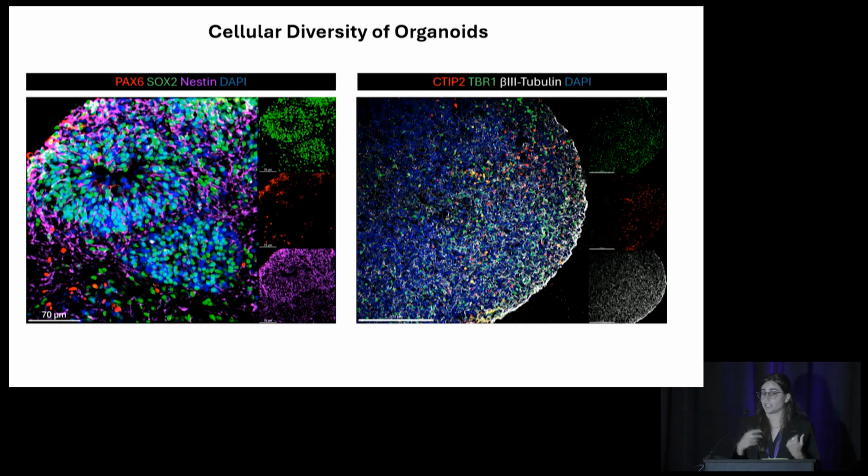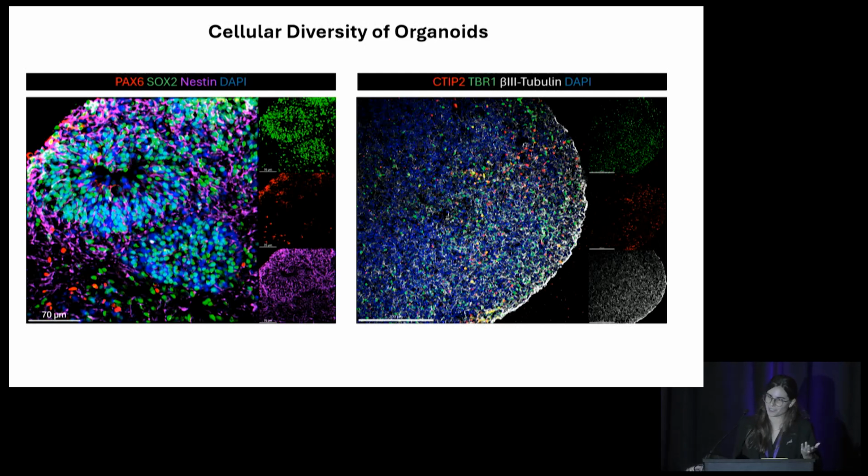CTIP2 is a deep layer marker. So these neurons will be found in layer 5 of the organoid, so in deeper layers. And then we have beta-3 tubulin, which is just a marker for differentiated neurons too, and it stands for both axons and dendrites. So this is just to show you how complex these models can be and how plastic they can be. And another really big advantage of using them in studies like DLG4 is because first, they're easily reproducible,